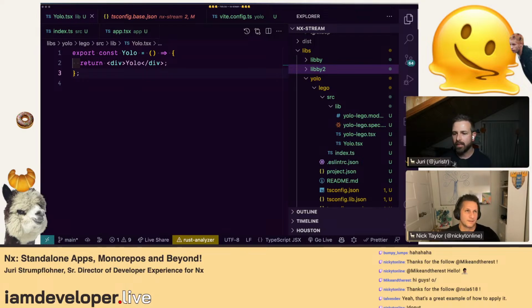Yeah, so with the distributed caching, right now we price it in the sense of hours saved, because that is what NX Cloud's caching does. It saves you computation time, so we charge based on that. About a year ago, we said, let's open up the public cloud base, which is what we are using right now.